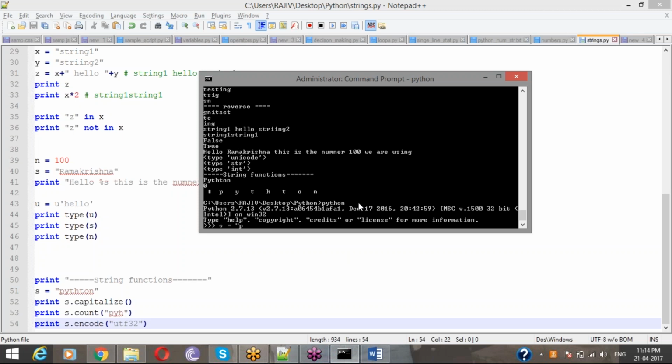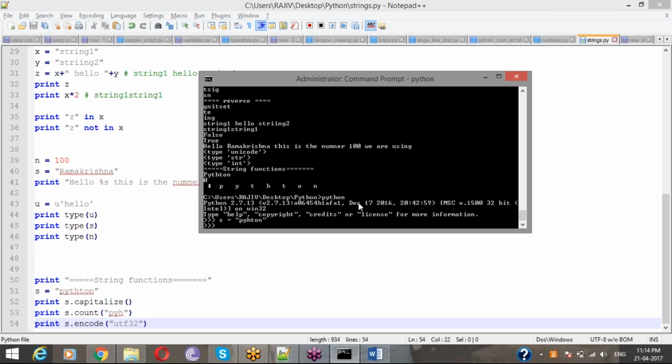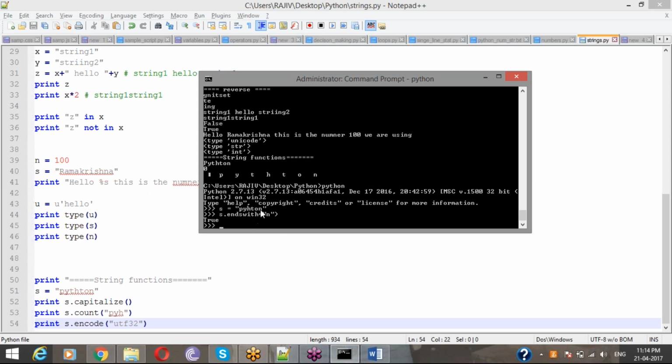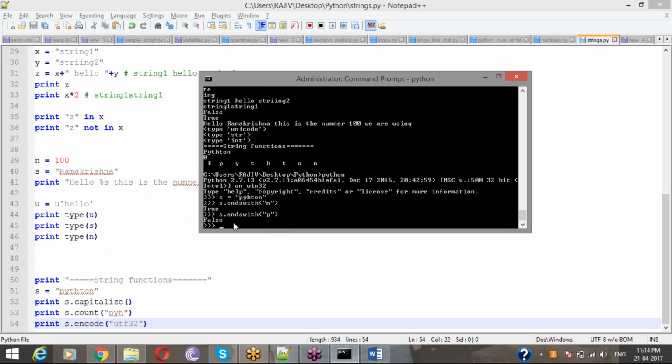s is equal to Python. s.endswith, I need to check this ends with n. Okay, it ends with n, so it prints true. If I give p, the string didn't end with p, so it will give false. If you want to verify the string ended with a particular string or not, you can